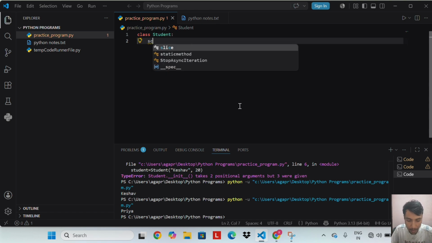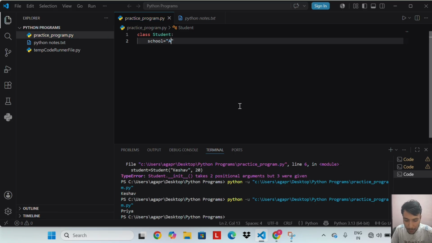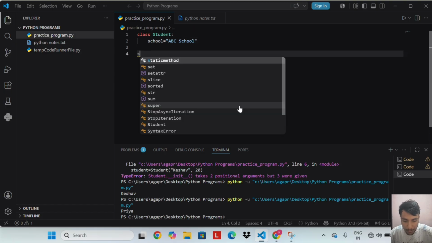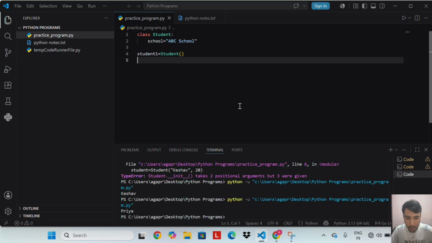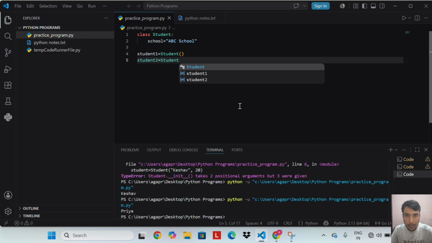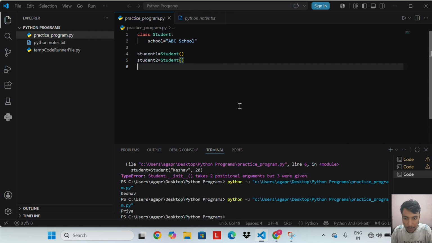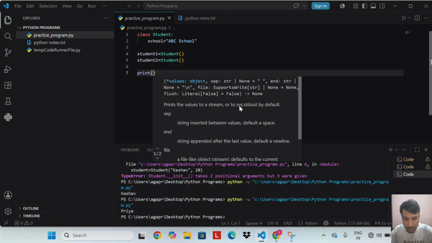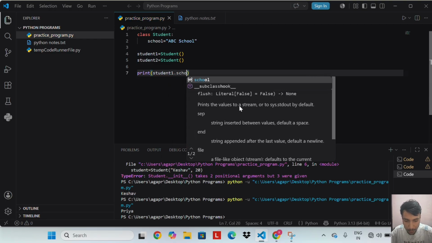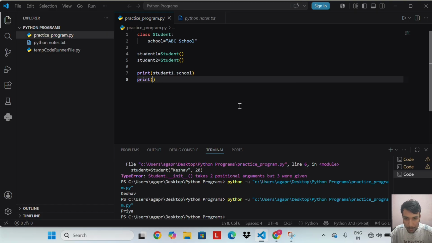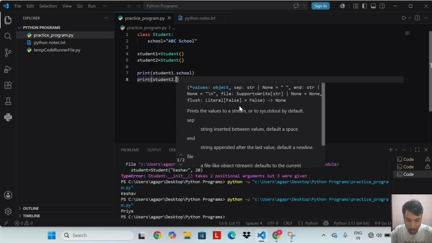If I write here school equal to ABC school, student1 equal to Student, student2 equal to Student, print student1 dot school, print student2 dot school.